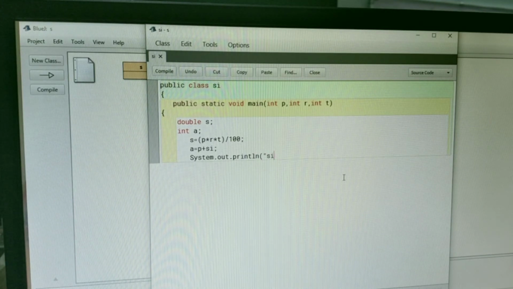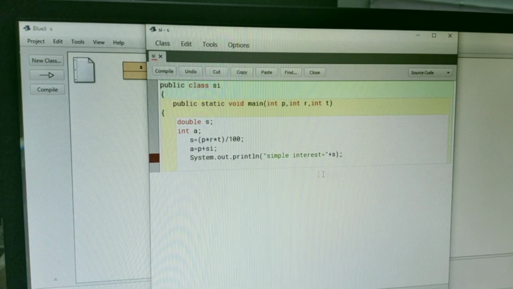Then within quotes, simple interest is equal to, quotes close, then plus, and the output is stored in the variable S. Write S, bracket close and semicolon after the statement.